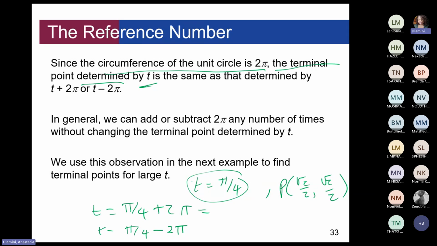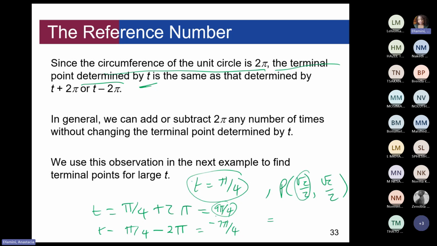So this will be 8. This will be 9 over 4. And then this will be negative 7 over 4. So meaning that if you go in your calculator and say cos of 9 over 4, you'll get